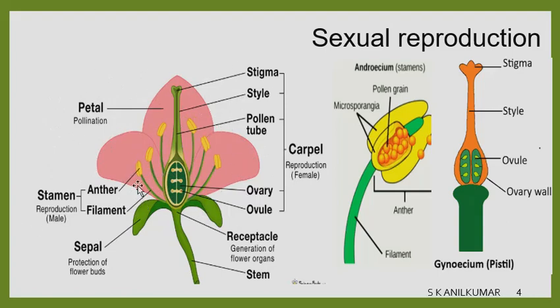Stamen: this is the anther, this is the filament, this is the male reproductive part. The sepal is the green part, the colorful part is the petal. The receptacle is the bottom where the ovary sits on the,